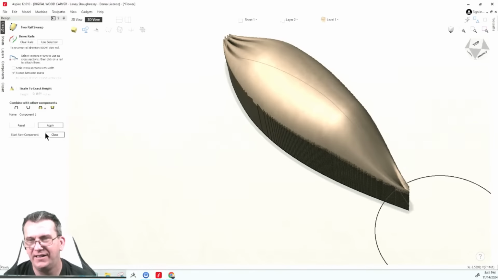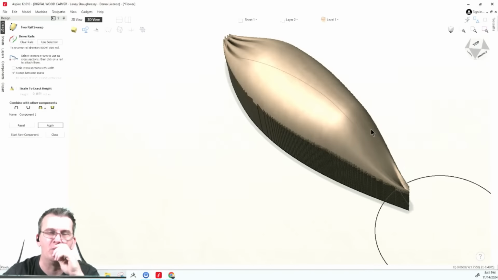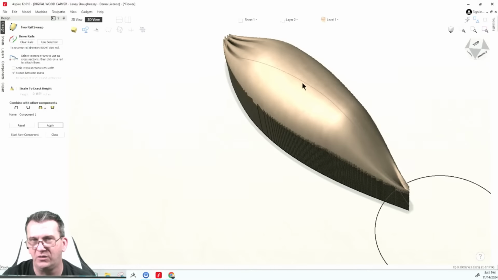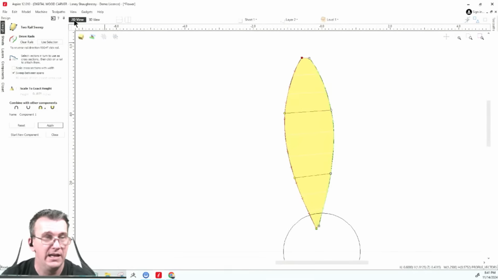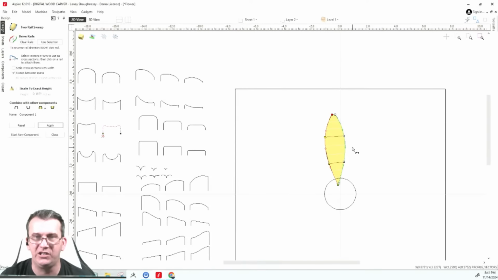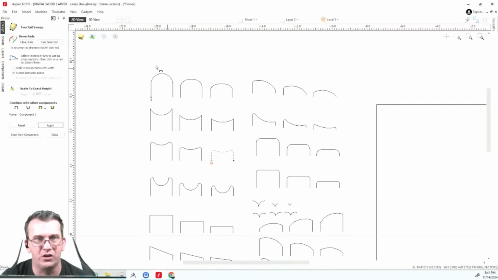All right. Now, on the pedal, I'd like it to start transitioning to that fold a little bit more, a little bit sooner. I don't really want it to be so bulgy. And looking at this, maybe I don't want that bulge to be so tall. So as long as I don't close the tool, I can make any change that I want. So instead of this tall one, I'm going to go with